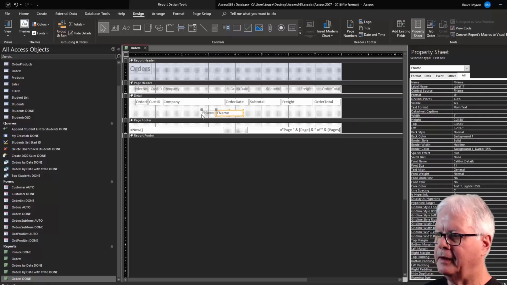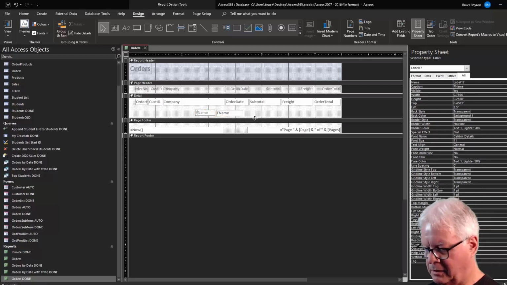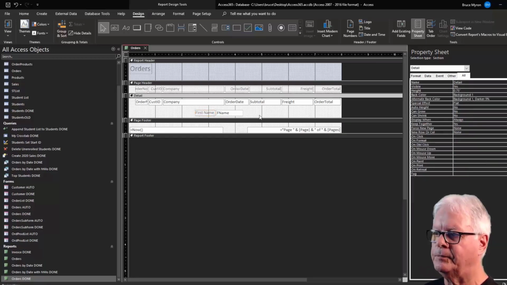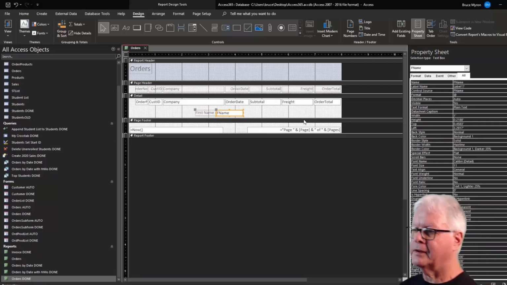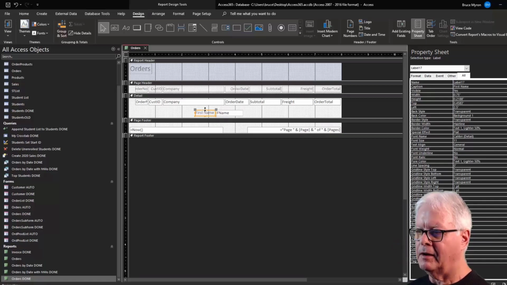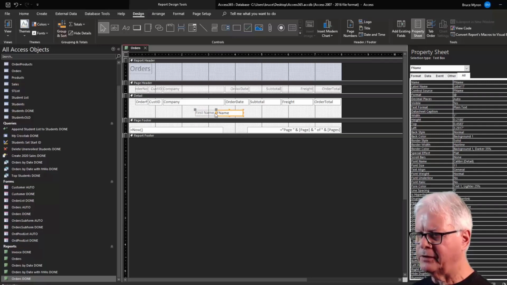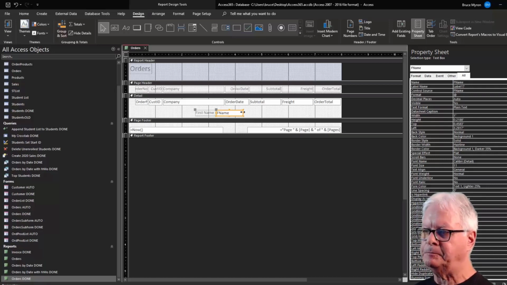I might want to put it right there, click on it, make it bigger, and then maybe call it first name. You can do that. So when you have something selected, it's going to be highlighted like that, and it's going to have these little, they call them sizing boxes, halfway through the side and also in the corners. You'll use the ones on the left and right most of the time because usually you're not changing the height, you're changing the width. All right, now